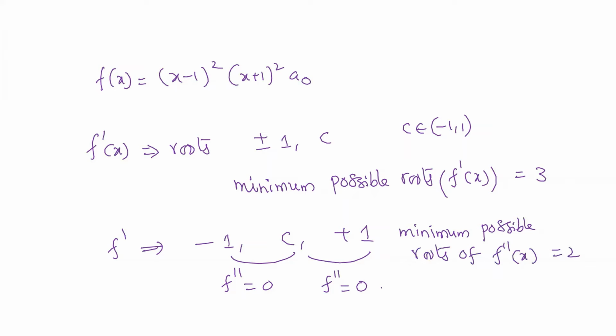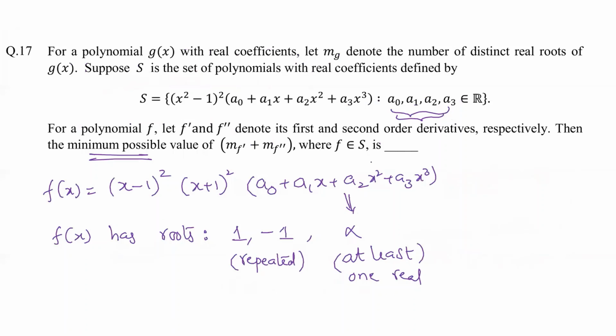So now in the question they're asking what is the sum of these two? So that is going to be 3 plus 2, so that will be 5. Here the whole trick is how you interpret that cubic equation, right? Because of the repeated roots that we are using here, the final answer for this one is going to come as 3 plus 2, 5. That is the minimum possible value of whatever they are asking here, m of f dash plus m of f double dash, which will be equal to 5 when we assume that the cubic equation is a constant. Okay, so what is the answer for this question here? 5.